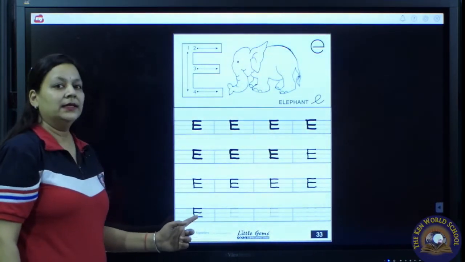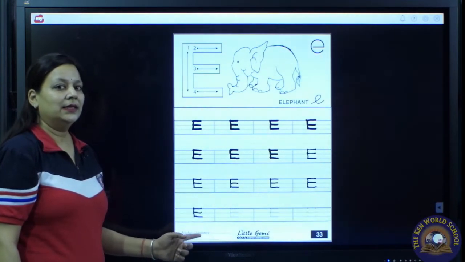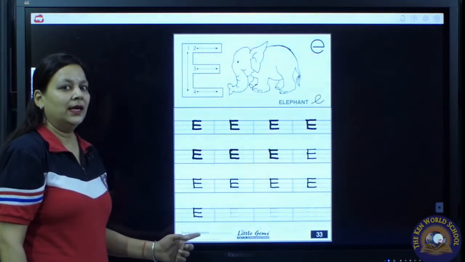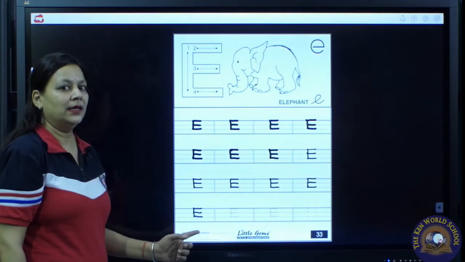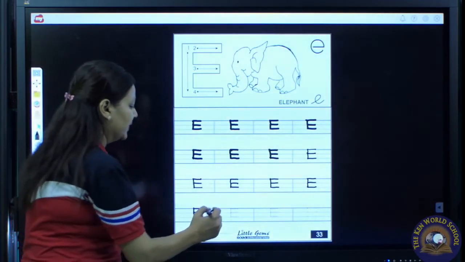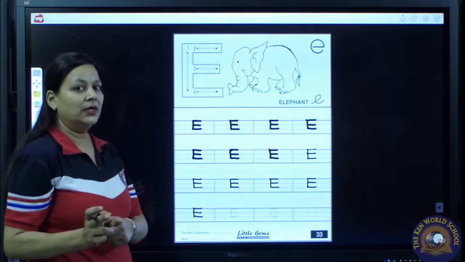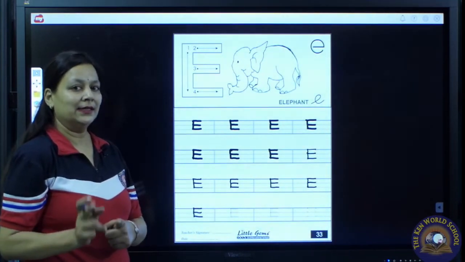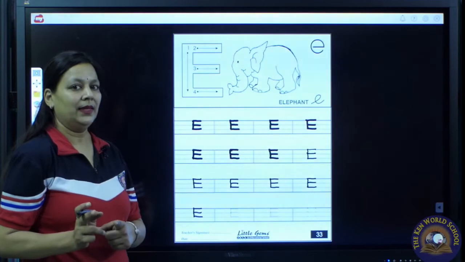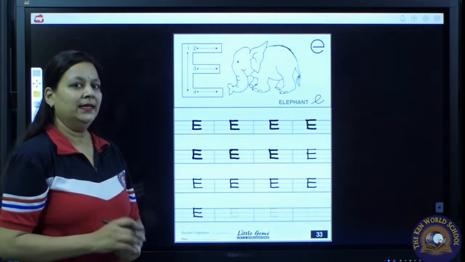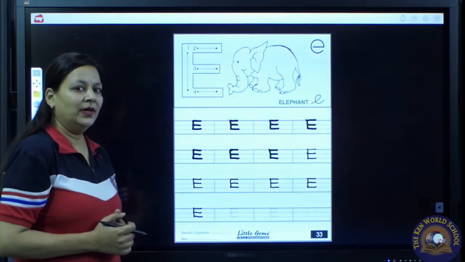E says eh. E as an eagle. Now I have completed my E. Now it's your turn to write letter E. Write it nicely. All of you have done.